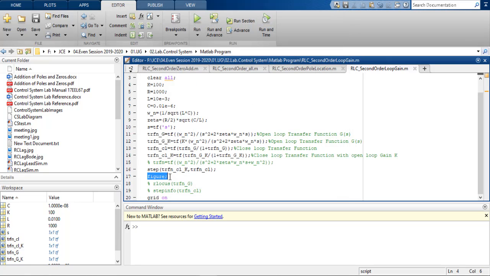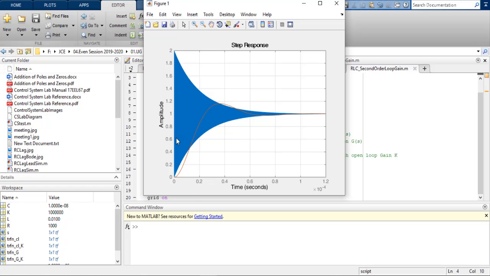Let's say I increase k to a very large value. You can see it still is oscillating, but it is still stable. So increasing the value of k is not creating any instability. Why is that?